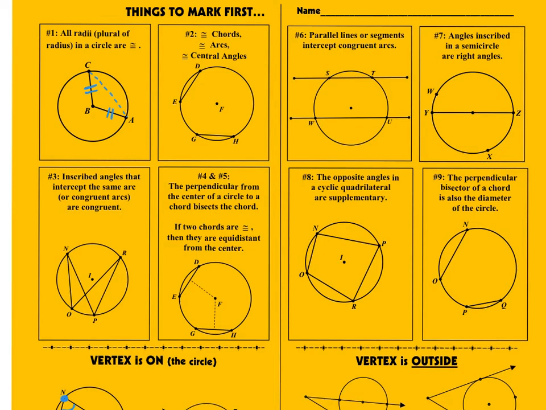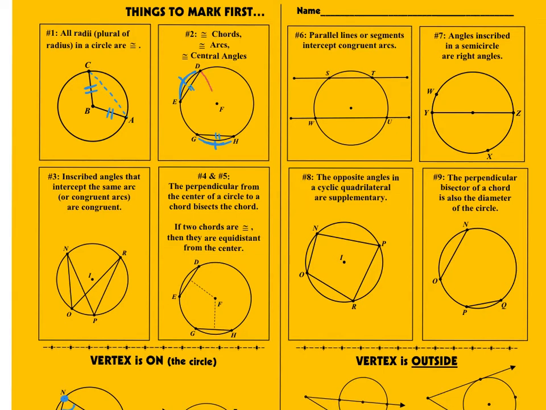The next property says that if two chords are congruent, so let's say that DE is congruent to GH, okay? If two chords are congruent, then their intercepted arcs are congruent. So arc DE and arc GH, these are also congruent to each other. And even more,